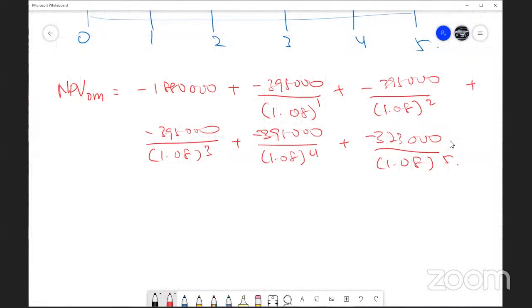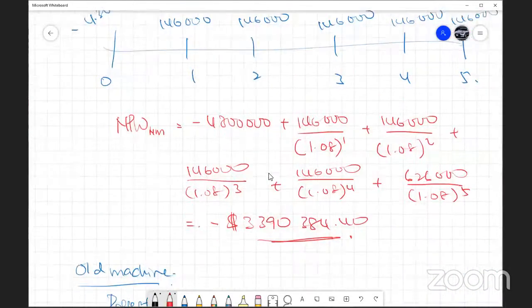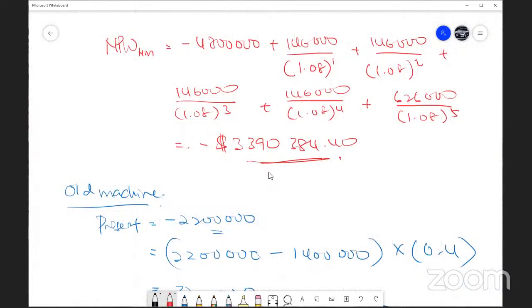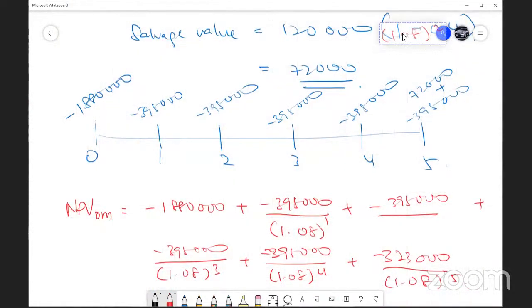So this old machine NPV will total up to give you a negative figure, because a lot of negative cash flow. So you're going to get negative 3,408,118.47. All right. So now you already got your old machine NPV, 3.4 million versus 3.39 million. So which one actually cheaper? Okay, new machine will only cost you today to spend 3.39 million. But if you remain using your old machine, you will end up spending